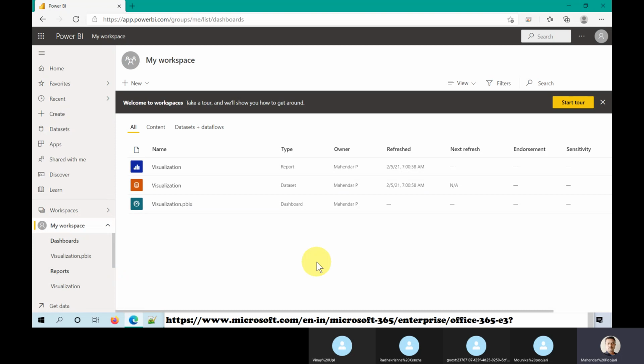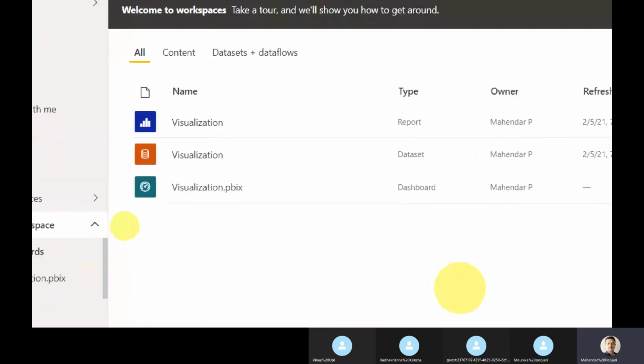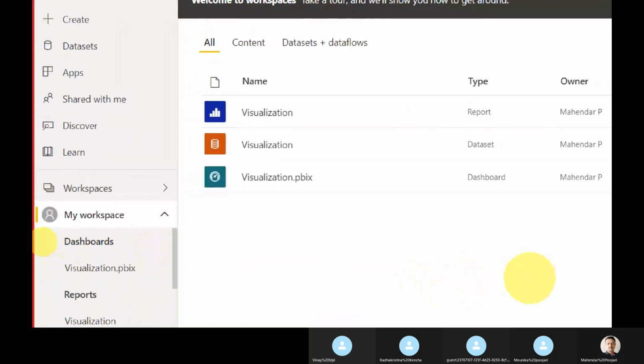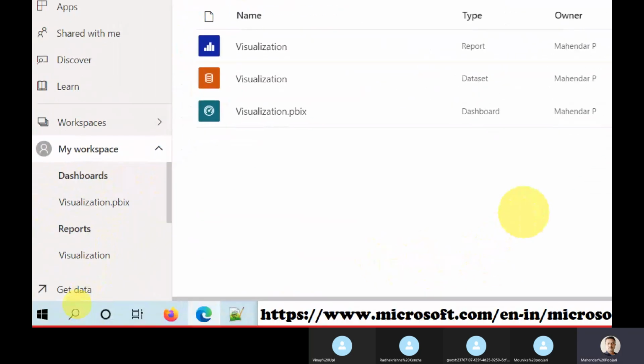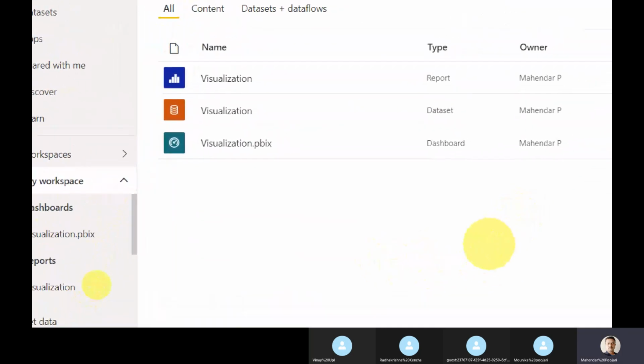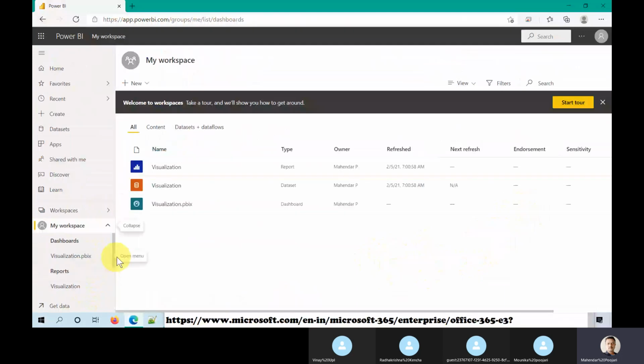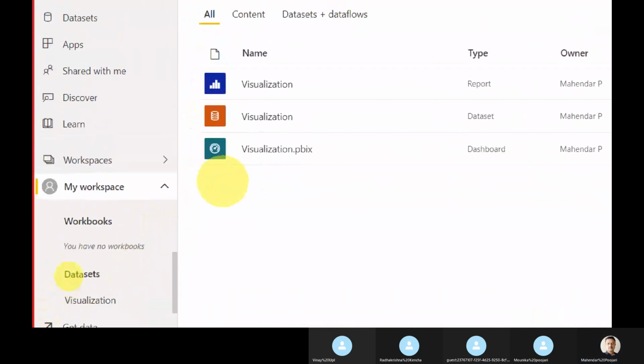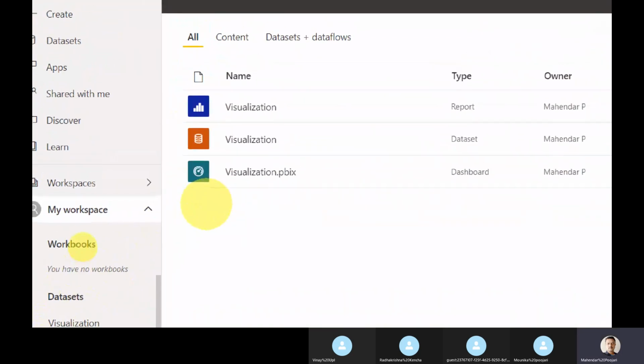Let me zoom in. Dashboards, reports, and you will also see the dataset. Workbooks are also there.